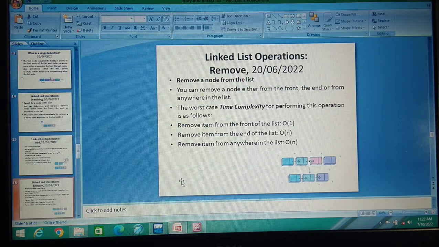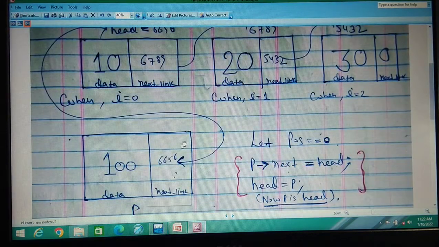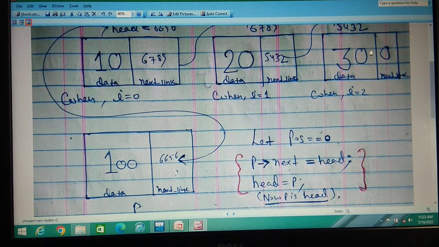Okay, what is p? p is this, its next is this. So the address will come here. The address of head goes to p.next, meaning p's next is this. After that, before, head was this, now you are saying that head is p. The compiler is working from right to left, remember, not head is equal to p. Now this is head. It means that all the nodes are connected. Very, very simple.